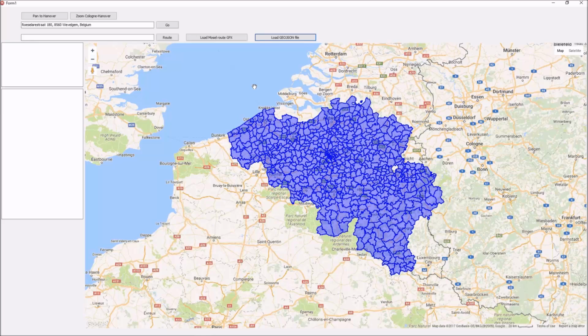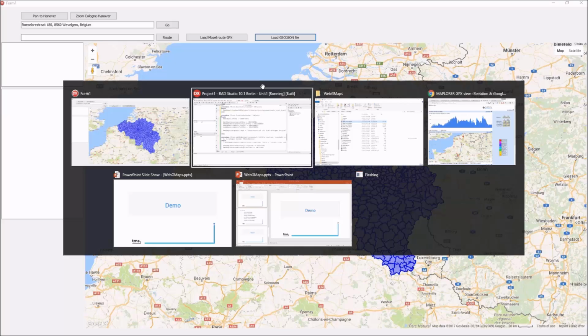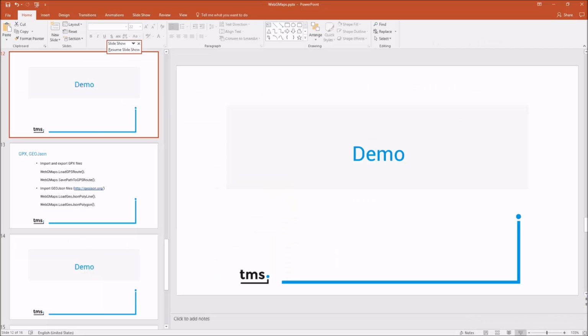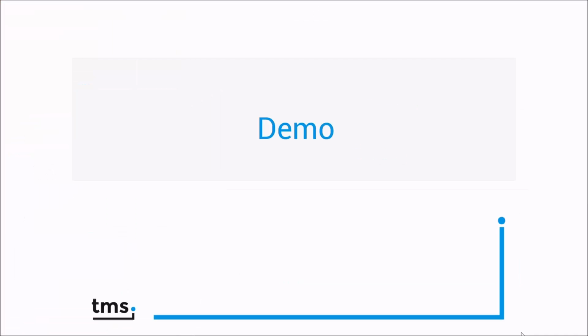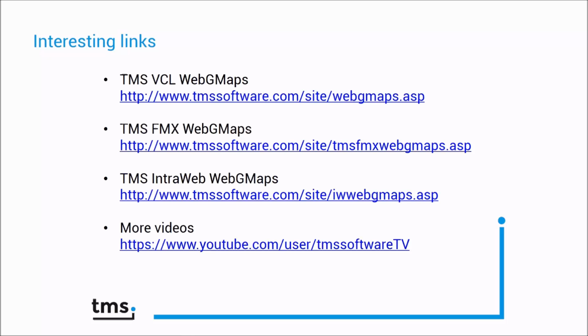on the internet where all kinds of administrative information, for example, also the states of the United States of America, countries of the world, all this information is available in GeoJSON format and can be used to indicate specific areas, for example, on your Google Maps and to interact with it. And this rounds up our demo for our Google Maps controls. It's important to note that everything that I showed here today in this demonstration was, for the ease of use,